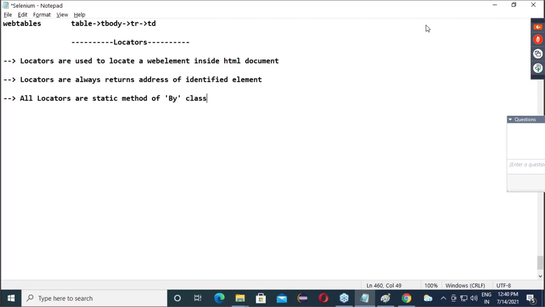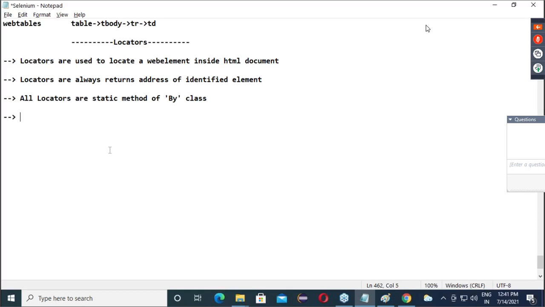By class. By is a class. So when I am saying static methods, do I need to create an object? Yes, no. I can access them directly by using the class name.